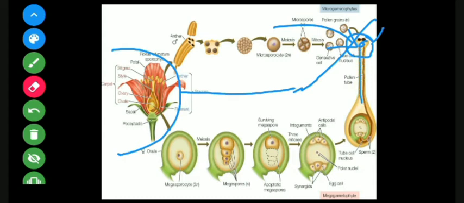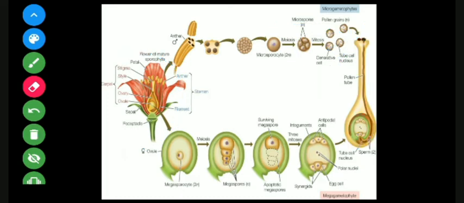You can see the germ tube entering through this channel of the style, and ultimately it will reach the ovarian chamber, where exactly the ovule is present. Now in this ovule there is a small opening called the micropyle, inside which there is an egg. So the tube will enter and release the male gamete, and finally fertilization is done. Okay, so this was about the male and female gametophytic development. In short, I have told you.